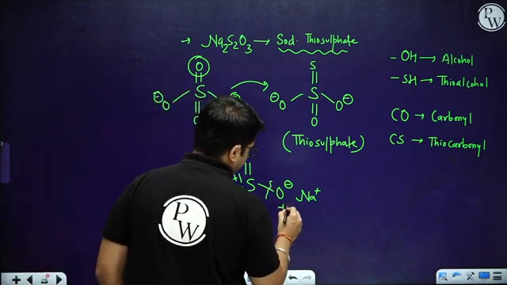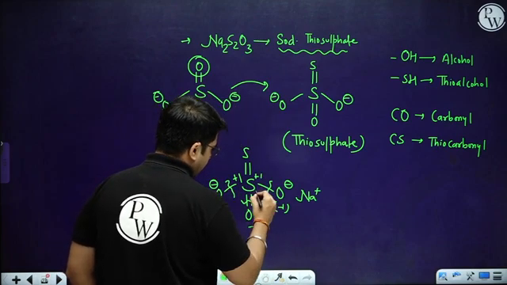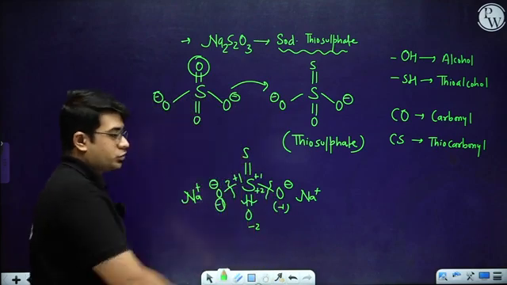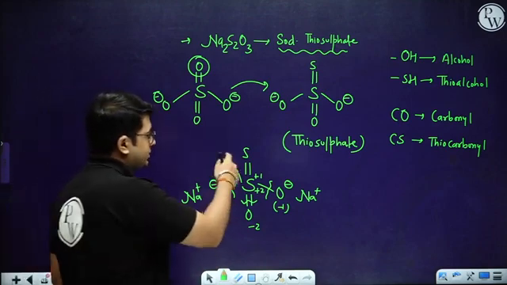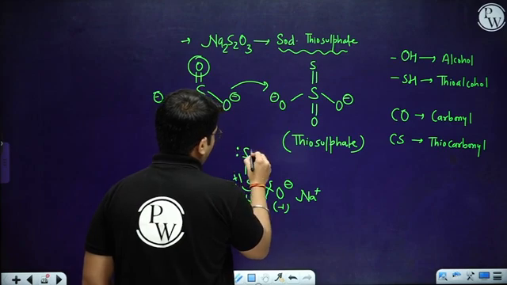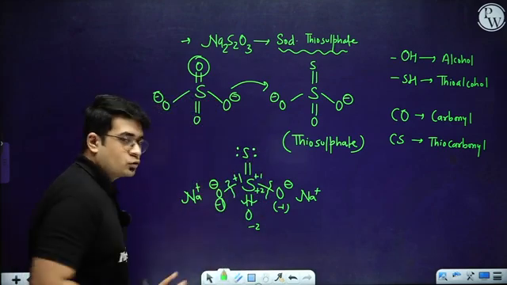Again this is -1, this is +1. Again this is -2 and +2. Now there is a confusion between these two parts. How to pick this situation? So in this case, sulfur will be having 2 lone pairs in this particular case. In this case, there is no lone pair.